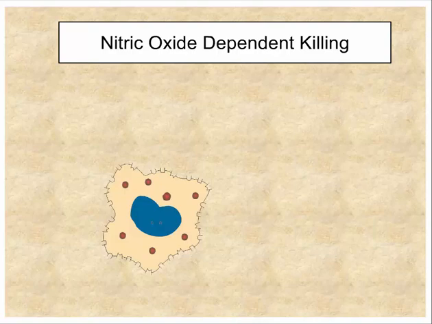Now, this nitric oxide that's being produced by these cells is not the same nitric oxide. The chemical is the same, but the nitric oxide that you've probably heard about in physiology is produced by a different enzyme. This is referred to as an inducible nitric oxide synthase, or iNOS. So this is produced by a completely different enzyme. And this nitric oxide then can not only kill these bacterial cells, but as I said, macrophages can use this to kill other cells as well, because they release that nitric oxide.